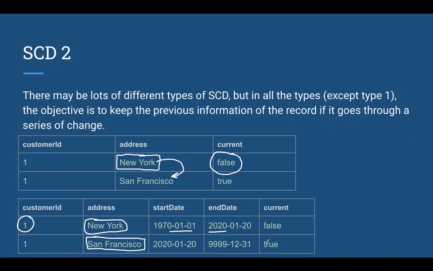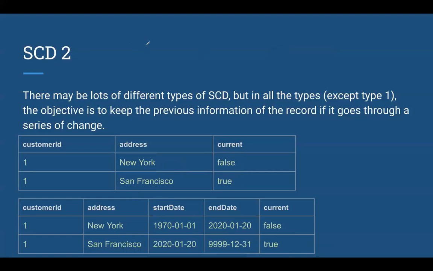But if you want to see only the latest record, then you can avoid this comparison against the start and end date and just use the current column and write a filter query like where current is equal to true, and you will get the current value of a primary key in our table.